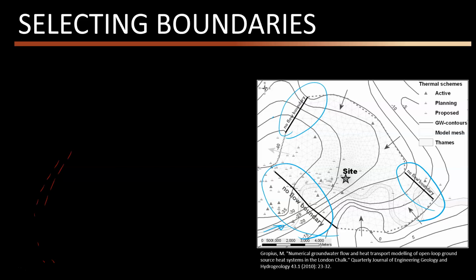This is, for example, I don't know, I hope that I'm right, this is -35, -30, -25, and -20. So assume that -40 is the low hydraulic head, and herein